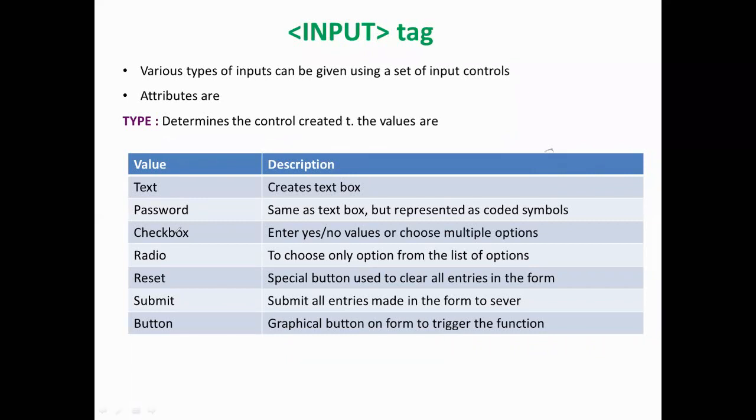Radio buttons we tell. Generally, in common terms, we tell it as radio buttons. That is to choose only one option from the list of options. Okay, just to choose only one option. For example, your section: 12 A, B, C. You belong to only one section, right? You are the students who belong only to B section. So if there are three sections A, B, C, your choice is only for one section, that is your B section. So from the given list you can choose only one option, that is your radio option.